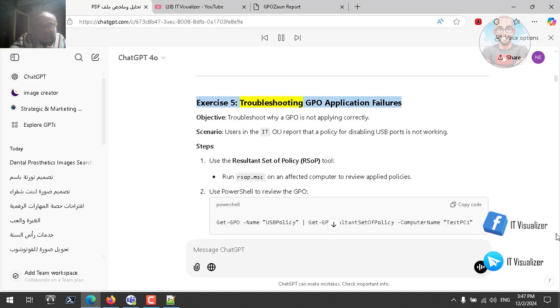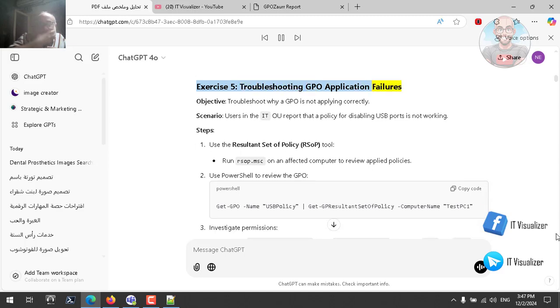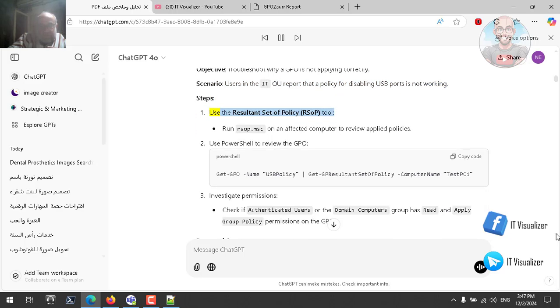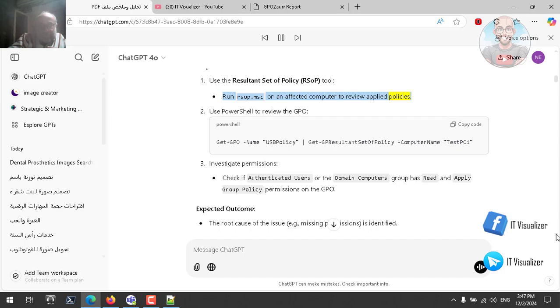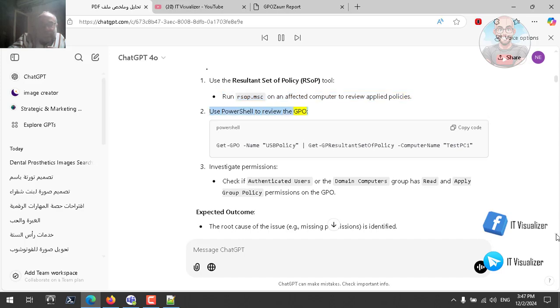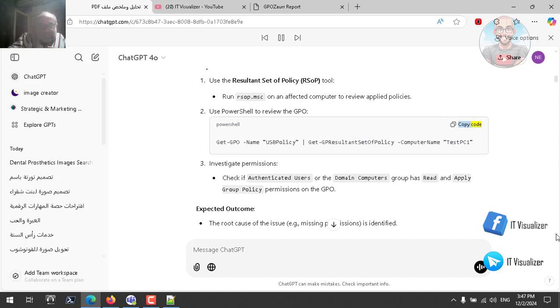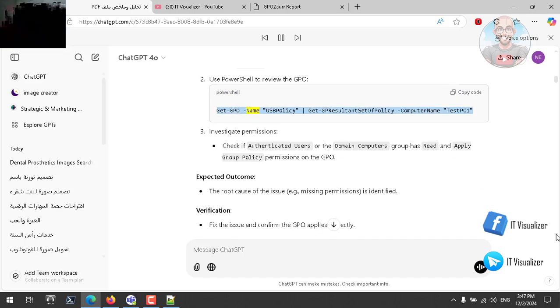Exercise 5. Troubleshooting GPO application failures. Objective: troubleshoot why a GPO is not applying correctly. Scenario: users in the IT OU report that a policy for disabling USB ports is not working. Steps: use the Resultant Set of Policy, RSOP, tool. Run rsop.msc on an affected computer to review applied policies. Use PowerShell to review the GPO. PowerShell: Get-GPO -Name USB Policy, Get-GPResultantSetOfPolicy,